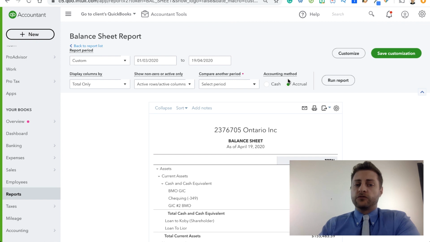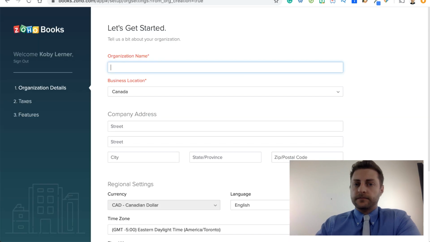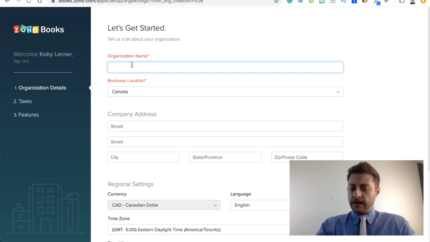Now, I recommend to just print it out, and then you can just have your new accounting system in front of you and the report which is printed out, and then it just makes it easier. Once you do that, you go to Zoho Books. You have to put in your organization name,